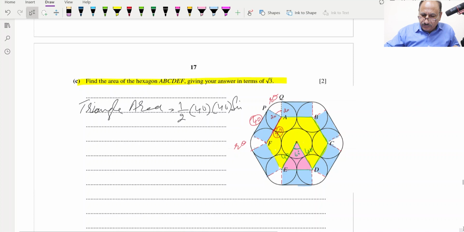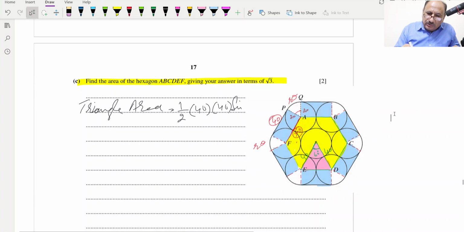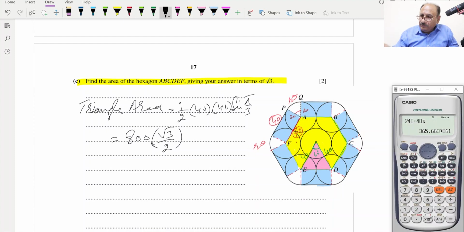sine of pi by 3. So sine of pi over 3, and this will be equal to what? This will be 800 into sine of pi by 3, which is under root 3 by 2. We can check also. Sine pi over 3 is equal to under root 3 by 2. So we can find basically 800 multiplied by the answer, which is equal to